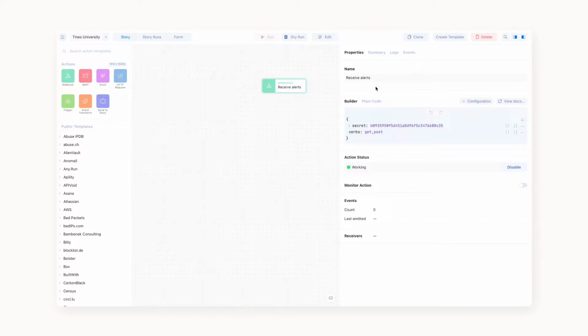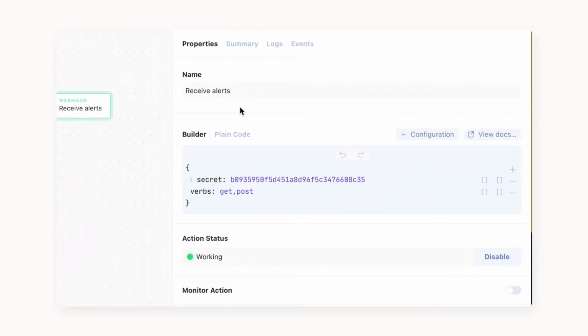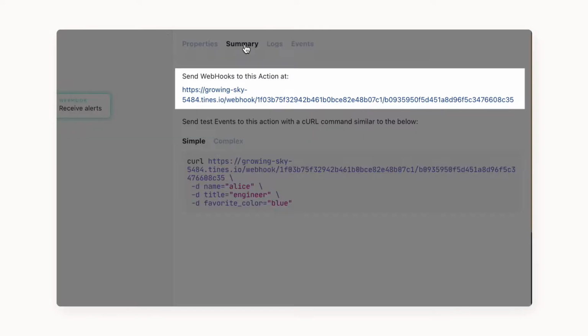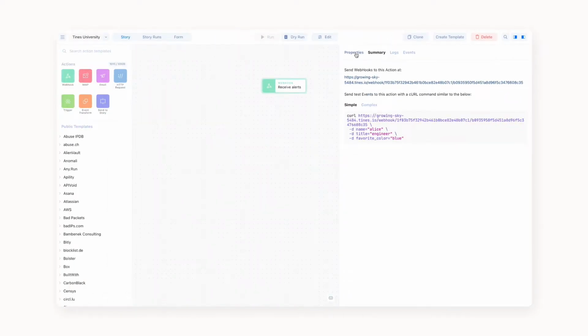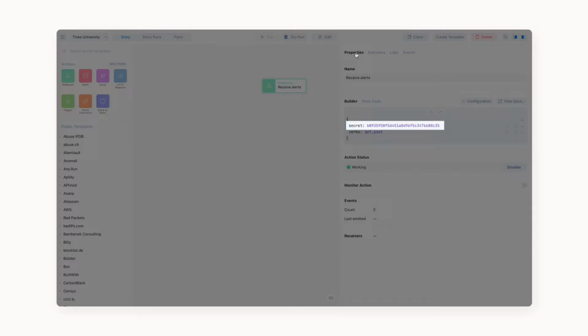Every webhook action has a unique URL at which it can receive data through webhooks. A webhook's URL can be found in the Summaries tab at the top of the Properties panel. Copy this unique URL and paste it into the appropriate field in your source tool. The secret field contains a randomly generated secret code that will be part of the webhook URL and provides an